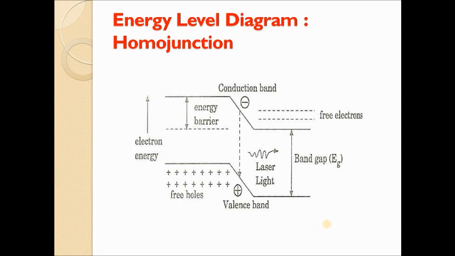This gives us the energy level diagram of this homojunction semiconductor diode laser. We can visualize the N-type material is going to be combined with the P-type material, and this is the junction. Across the junction, there is recombination of an electron with the hole in the valence band, and the laser light is emitted across the junction. Measuring the wavelength of laser emitted, we can measure what is the band gap of the laser diode.